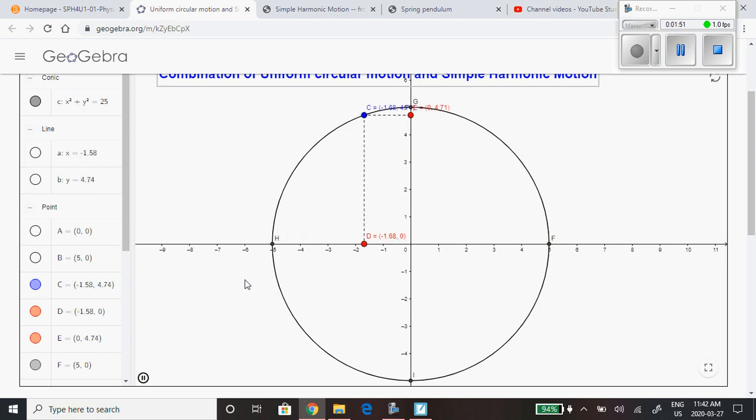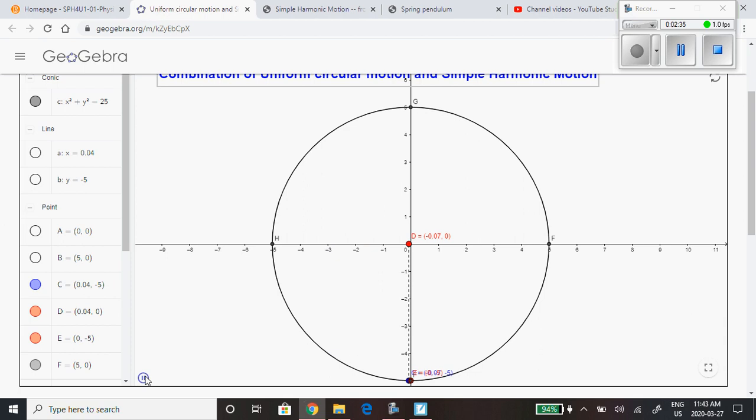Similarly, let's focus in on just the Y component of the position vector for this object undergoing uniform circular motion. Look what's happening to the Y component of it. Goes down, stops, goes back up, stops, comes back down. Lo and behold, surprise, surprise, surprise, the Y component of an object undergoing uniform circular motion is simple harmonic motion. So uniform circular motion can be thought of as simple harmonic motion X component combined with